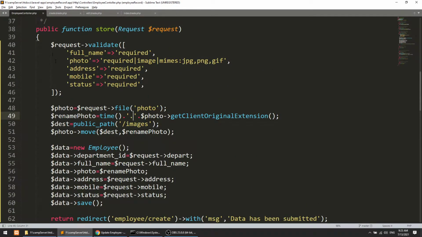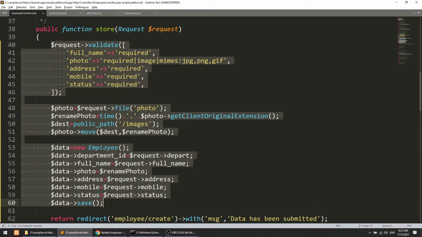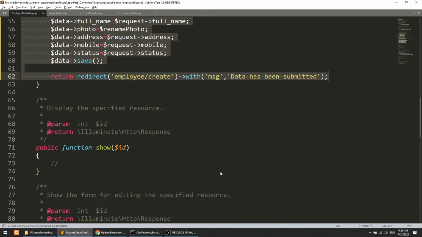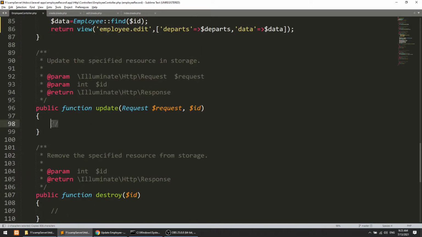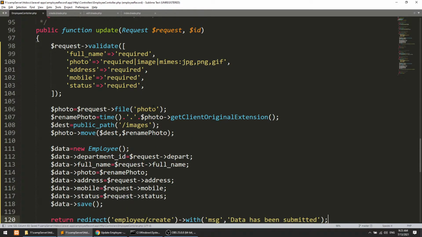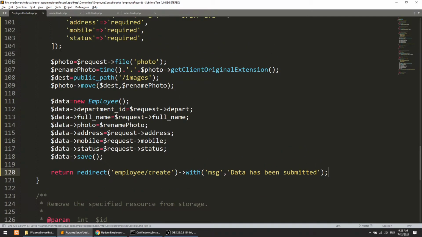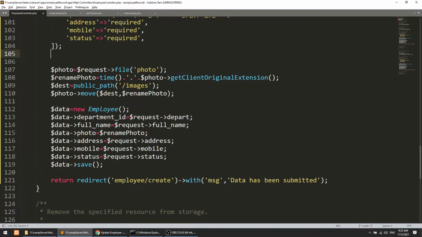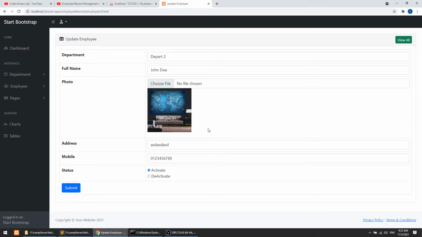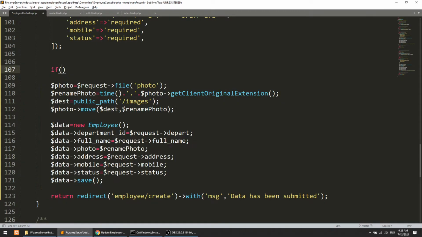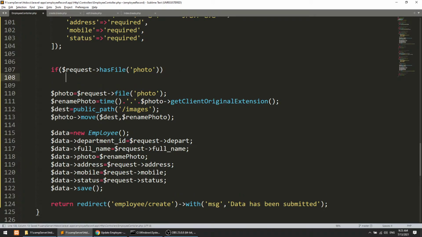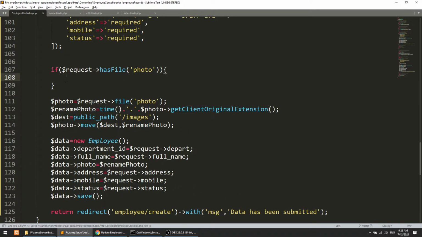So what I will do, I will copy this all, and go to the update and paste it in. Okay, so this photo will go in condition. Suppose the user does not select the photo, then what we will do, we will check if request has file, if request has file photo, then we will do this functionality. Else what we will do, see here carefully, else what we will do,